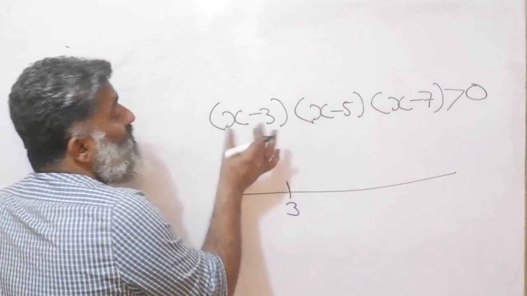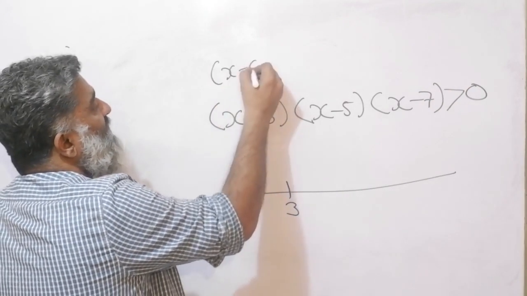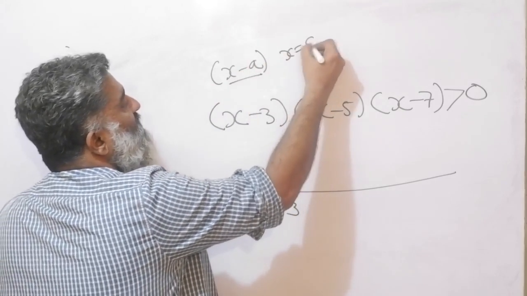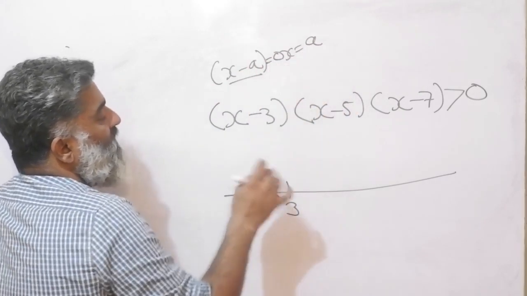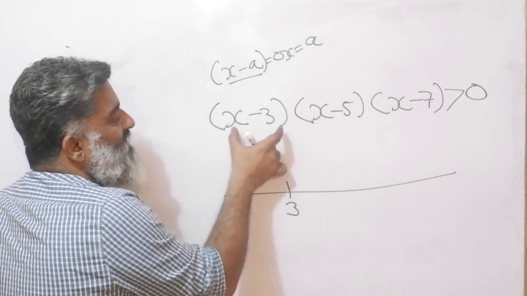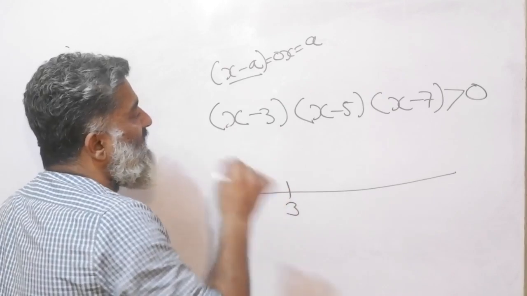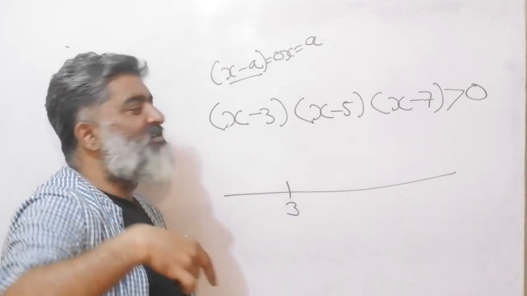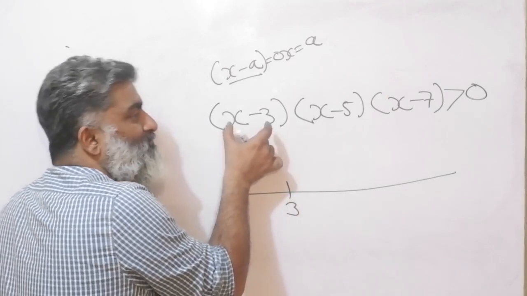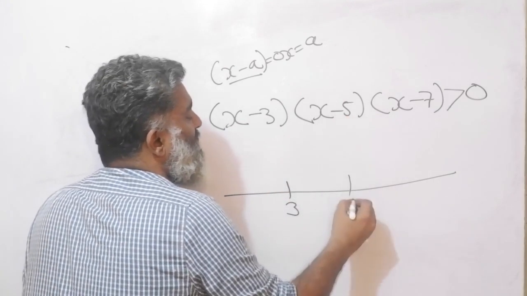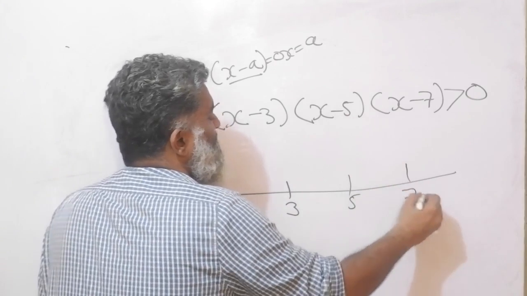This is 3. Because remember, when you say x minus a, the root for just this is x equal to a. That's where it becomes 0. So you're thinking, where will this part become 0? This will become 0 at plus 3. So just being a little careful about that. But if you have done the basic practice, you know by now that x minus 3 means a root of 3. 5, plot 5 on the number line, plot 7 on the number line.